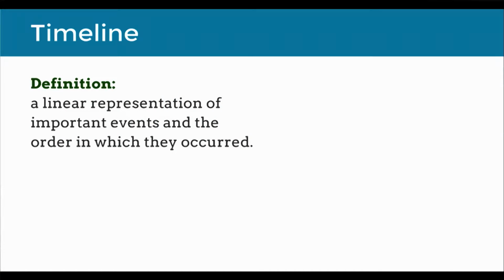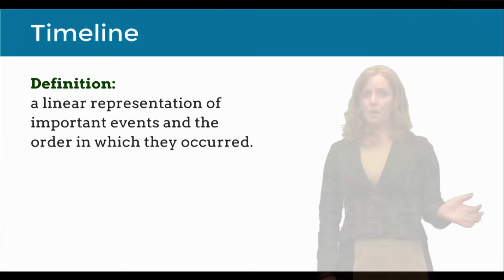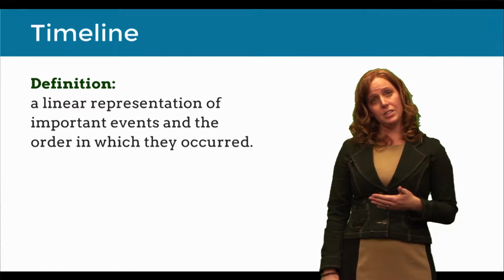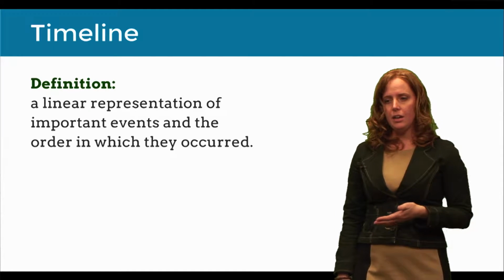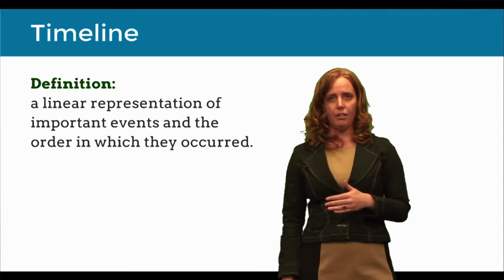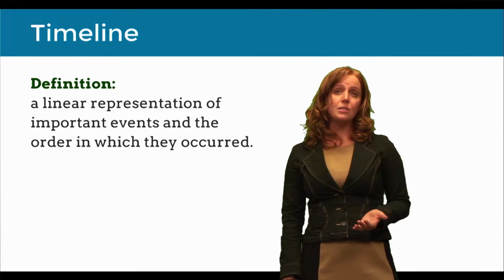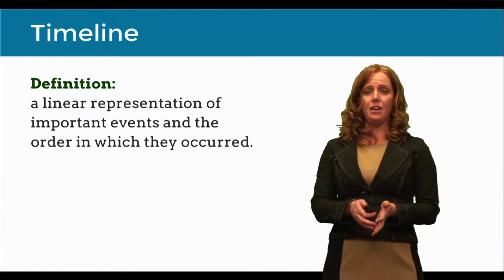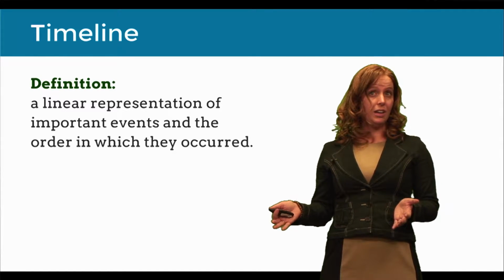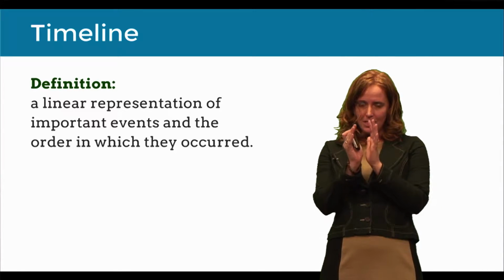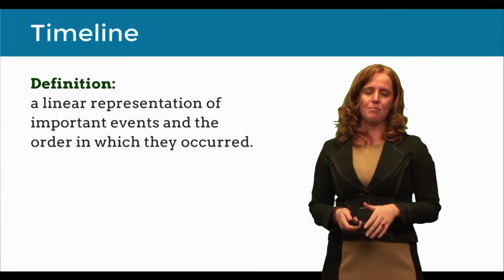Now when we look at timelines more specifically, the definition is that you've got a linear representation of the events. They're in order just as they were with the chronology, but often with timelines you have scaling guidelines that go with it. And so this is a powerful tool for students and for teachers to be able to see how much time passed between each of those events, but often being able to see the cluttering of events during certain